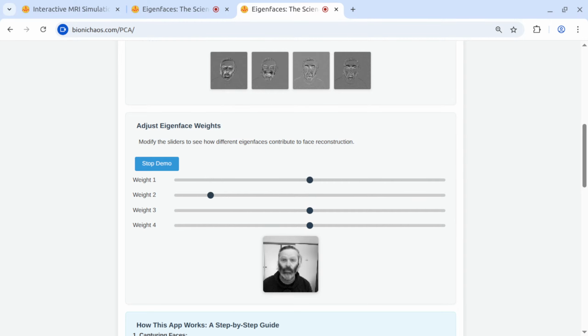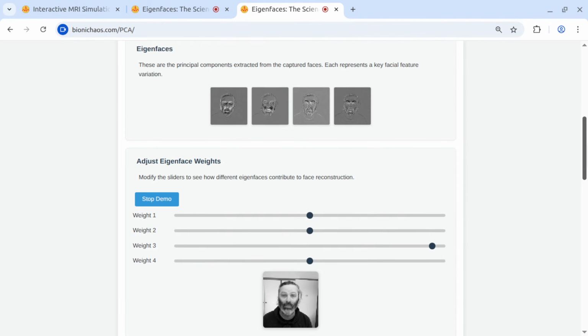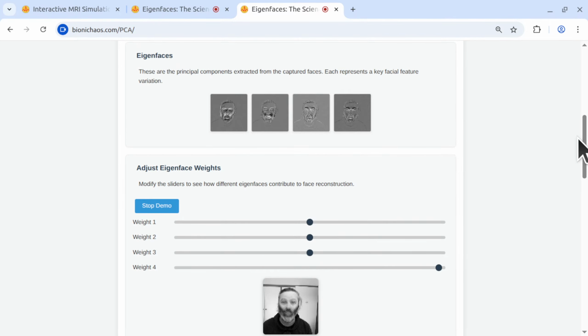Alright, listen up, budding computer visionaries. This app is like a digital artist studio, but instead of paintbrushes, it uses math to create faces. First, you capture images like you just did. Each new face adds more detail for the app to learn from. Then it extracts eigenfaces. These are like the fundamental building blocks of a face. Think of them as the perfect eyebrows, the ideal nose, or the quintessential jawline. And finally, you get to play around with the sliders and